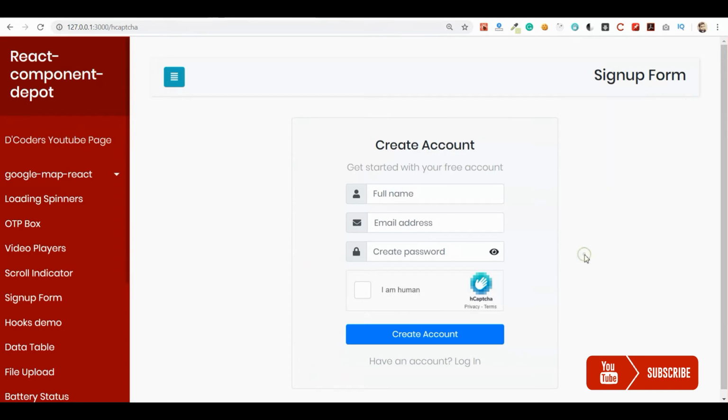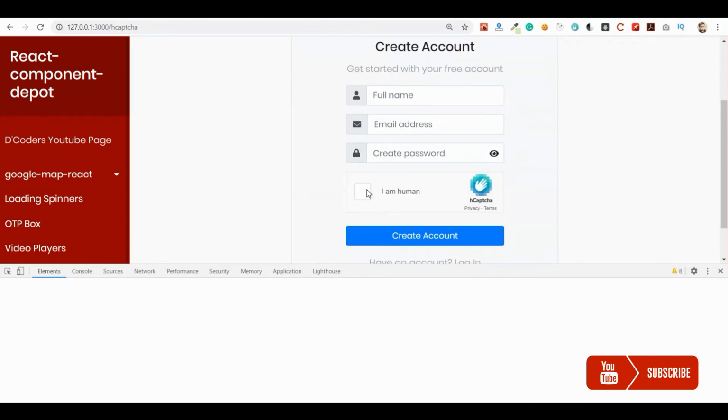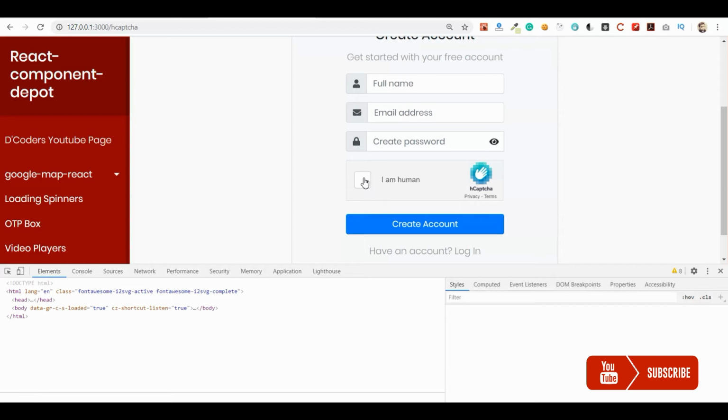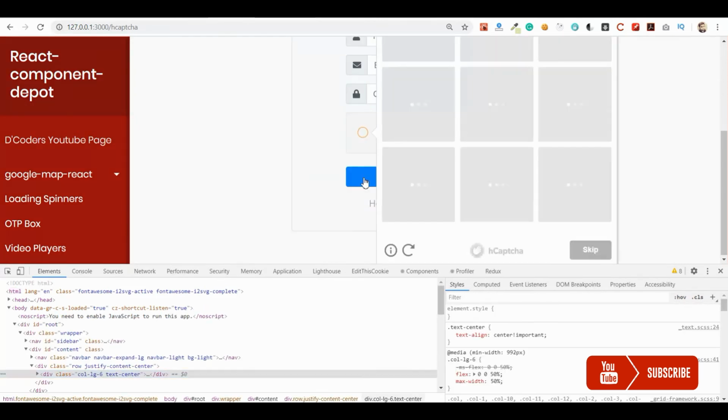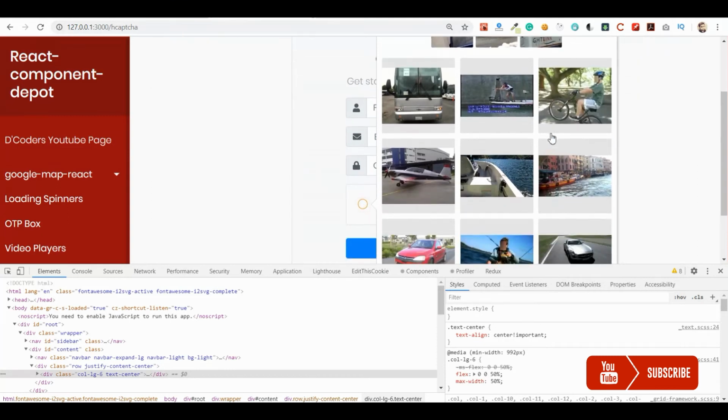So let me show you what this is sending to the server. Once I verify the images, this will send me the token.